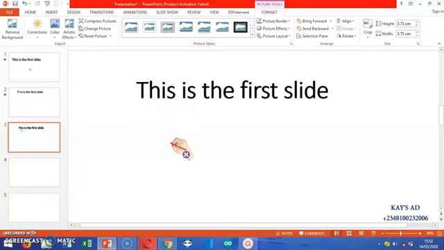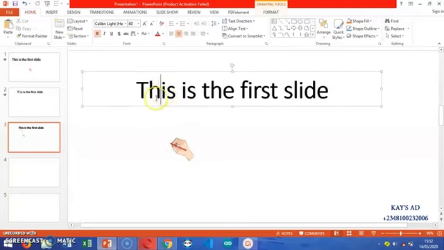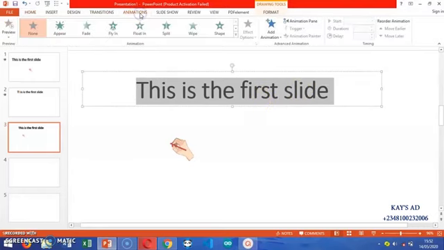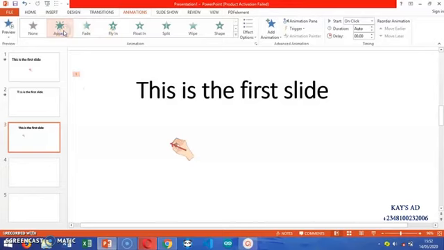Now let's continue. After writing the text, this is the first slide. You highlight everything. This is the first method of doing this. You highlight the text and come to Animation. We have a series of animations that you can use, but here I want to use Appear. You can use another one if you wish. I want to use Appear for my animation to come out from the text. That is the first editing of the text.